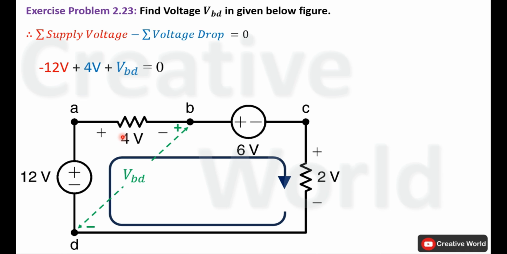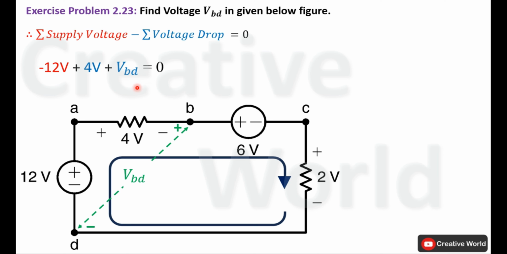Move to the next element. Current entering terminal is positive, so voltage across this resistive element will be taken with positive sign. Move to the next point. Current entering terminal is positive. This voltage VBD will be taken with positive sign. So the KVL equation for this part of the circuit is minus 12 volt plus 4 volt plus VBD is equal